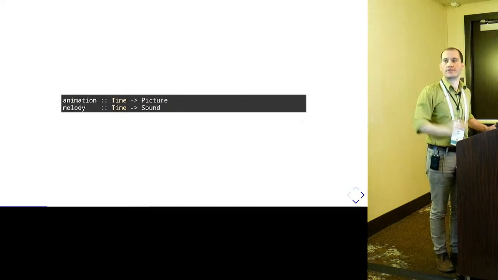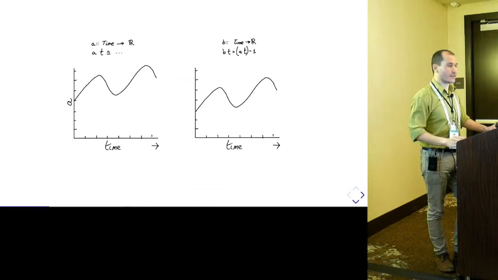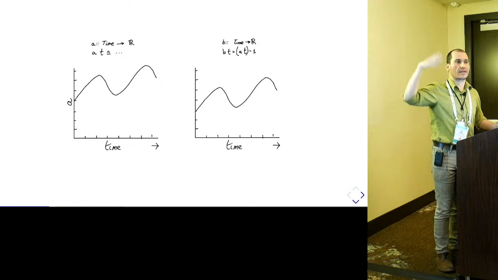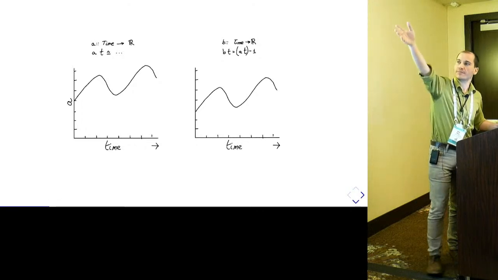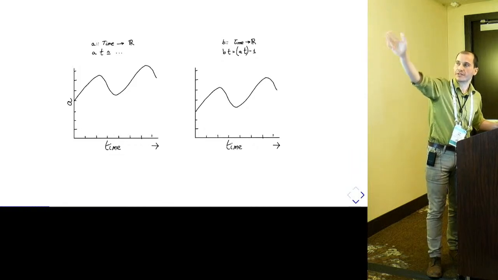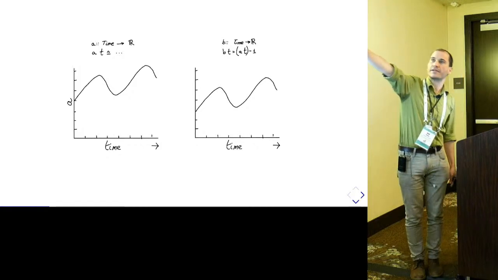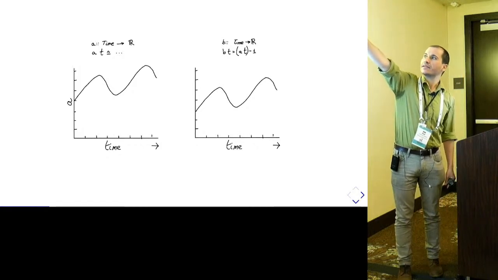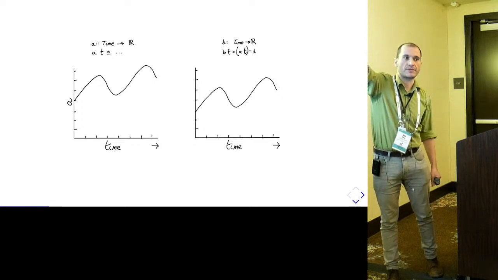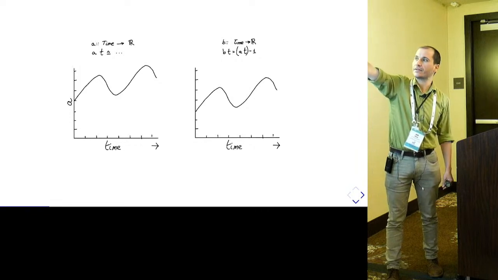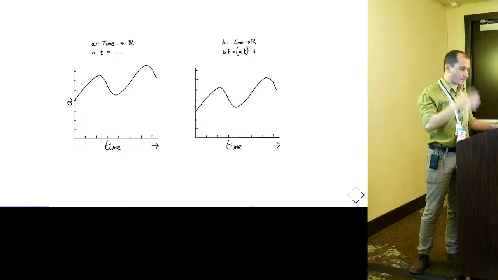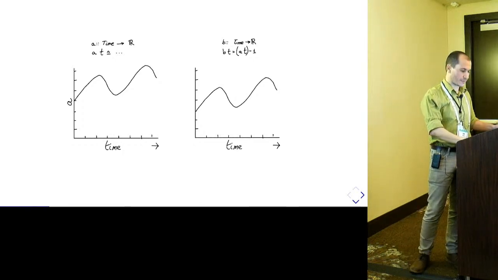It's something that varies over time. So you could use an abstraction like this to create animations and things that vary over time. For example, on the left, you have a definition of A, which varies over time, and then you could say that B is defined in terms of A by sampling A at the same time and then subtracting 1. What you would get is that the signal on the right is the same as on the left, but going down by 1 unit, right? So in principle, you could do something like this.